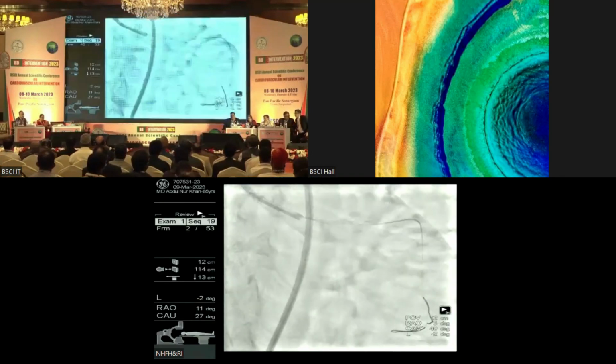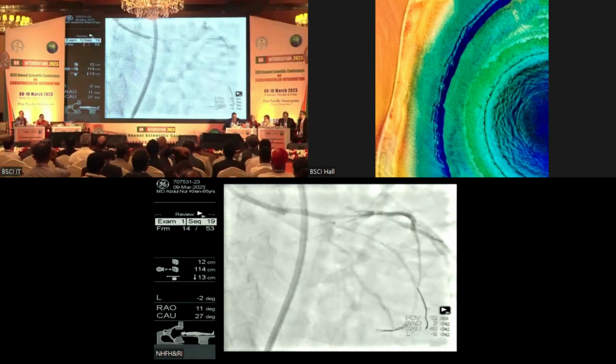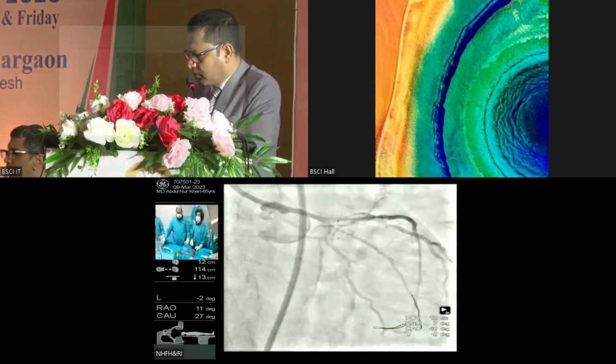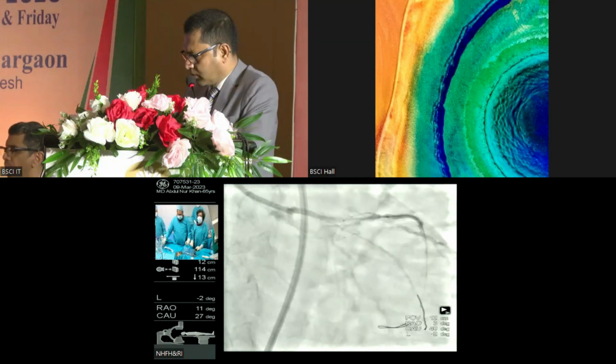Our plan, madam, is... do you have any significant lesions in the LCX ostium as well? Yes, there is a significant lesion in the LCX ostium. We can show it. Can you show us a yellow caudal view, madam? You can see here also. Can you see here that there is a significant disease from the ostia of the